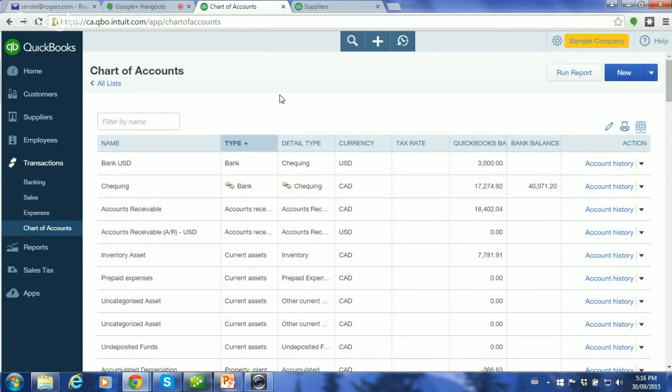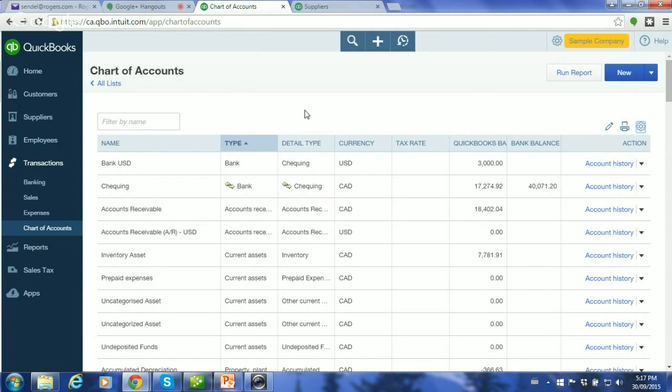What I do recommend, let's say you want to close one bank account, open another bank account, I would simply complete your bank reconciliation, transfer that balance into the new account that you open, and then make inactive or delete, because you never delete an account completely, they just go inactive. Then delete the bank account that you no longer use that's reconciled, rather than merging accounts, to have history.